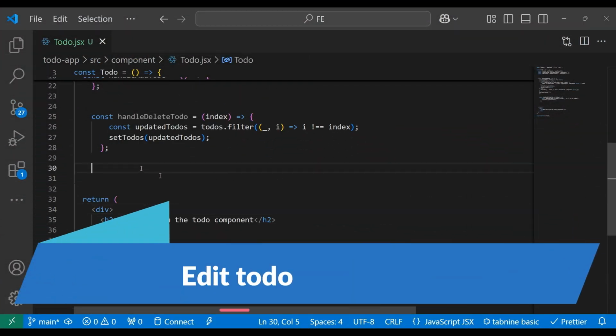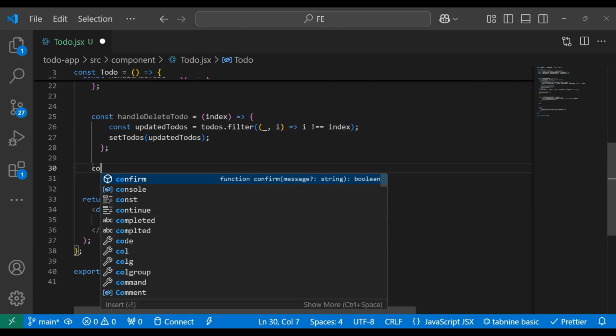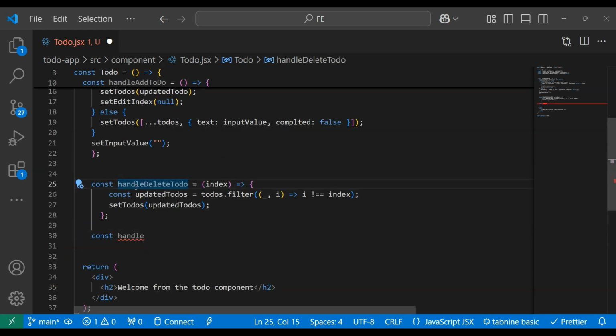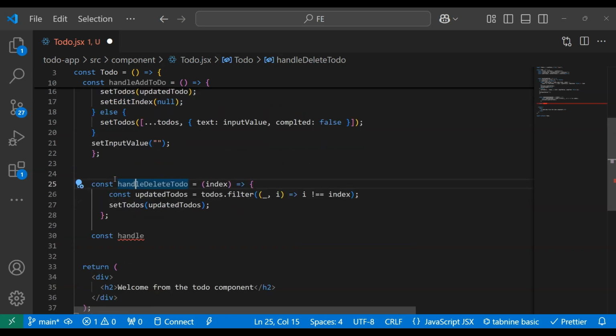So the next one we're going to do right here is we're going to bring in a function that is going to initiate the to-do to be edited. So we'll have const handle. And if you take a look carefully, you see that we're always prefacing the functions right here as handle, because we're going to set them as event handlers later, just like we've seen in our presentation, right? So this one's actually the event handler that we are just trying to create right here,